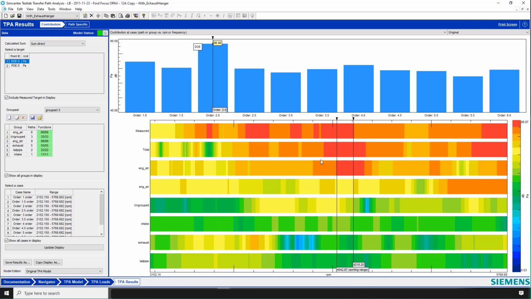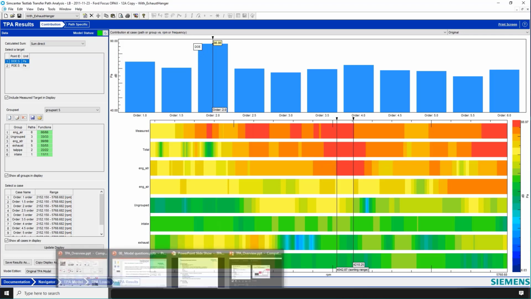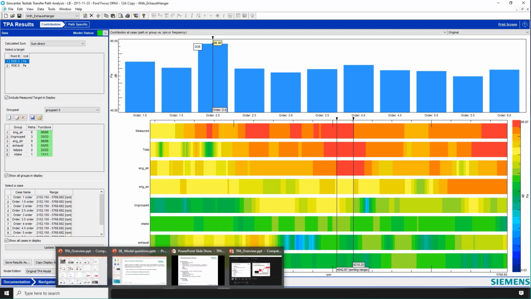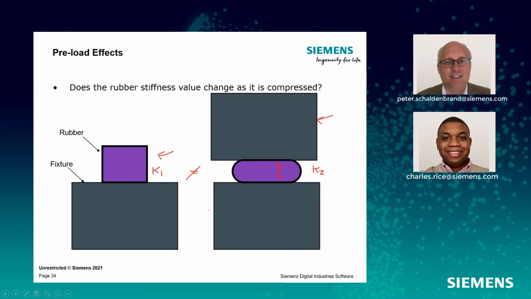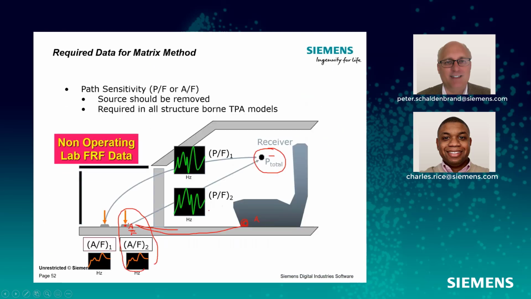Yeah, and again, the idea was just to give you an idea of what all could be involved, or what a real model might look like. All right, now I'm going to go forward in the presentation. We were talking about